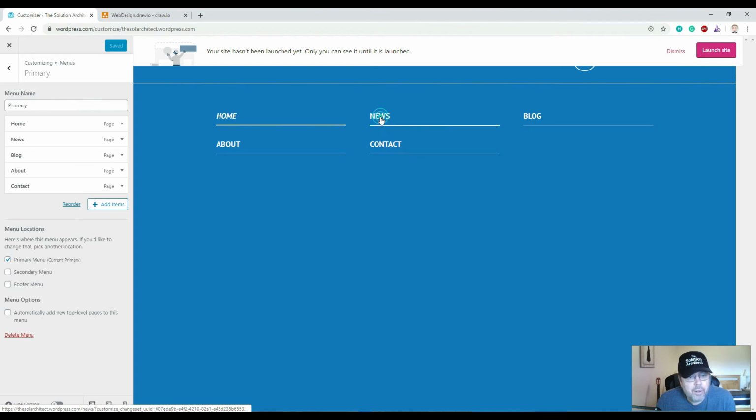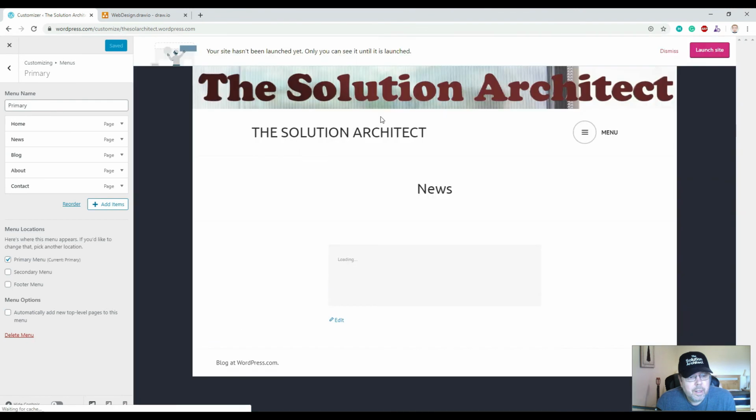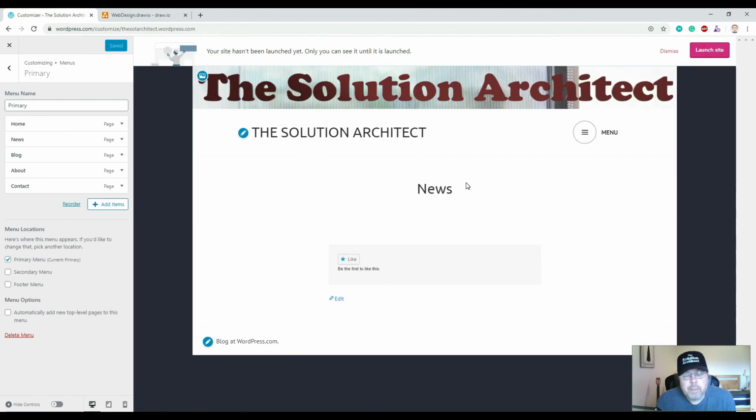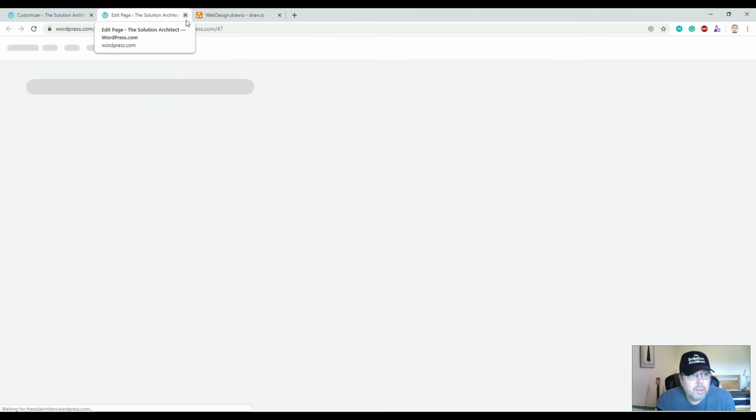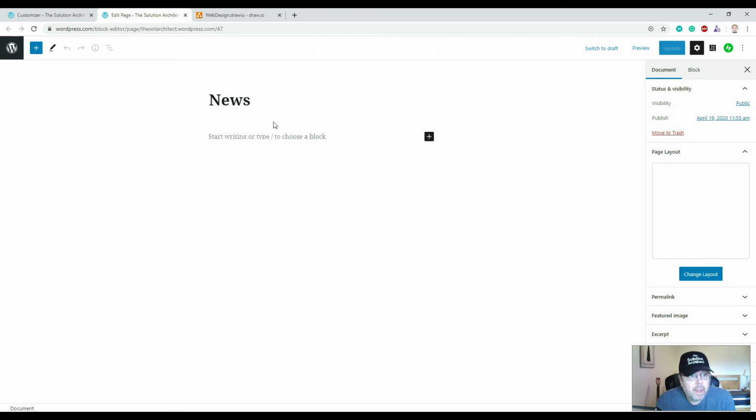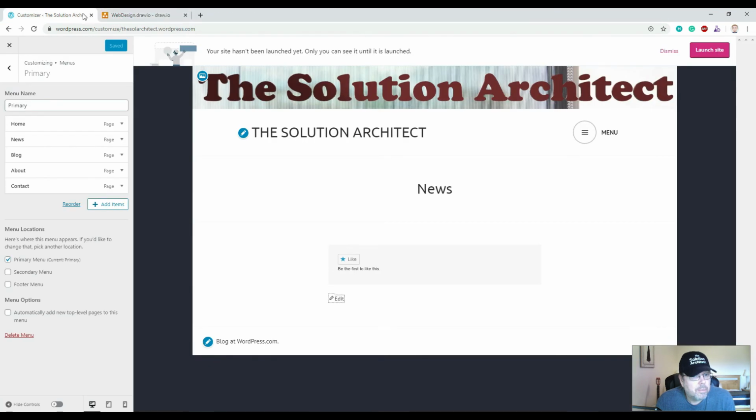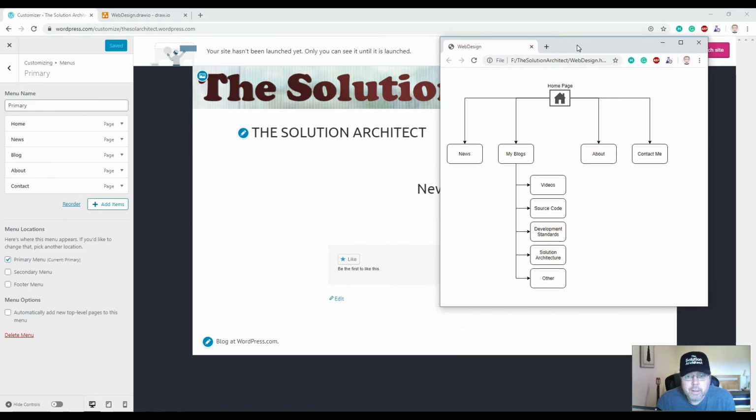If you click on news, it will just take you to an empty page. It automatically creates that empty page for you. Now you can just start editing that page if you want to. I just clicked on edit, and you have an empty page. You can start using that. Okay, but I'm going to close that, go back to my site here, and I want to bring back my